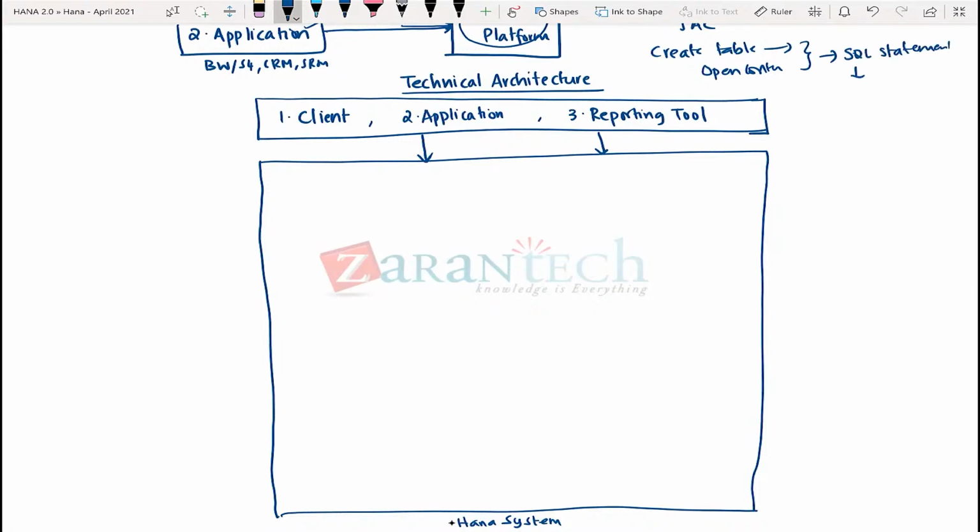SQL is, for people who are not familiar with what SQL stands for, structured query language. It's the programming language that any database understands. So when a client or an application or a reporting tool is going to communicate with the HANA system, its primary communication method is SQL. It's going to communicate through a SQL statement, or there is another language called MDX,